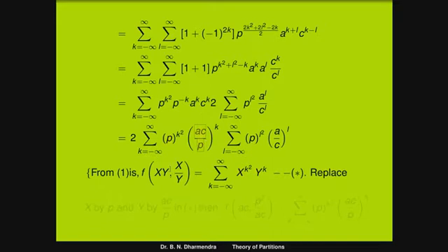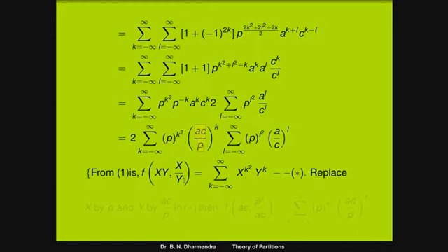So that can be written in terms of a theta function statement, that is x into y. In terms of x into y, here it is p into ac by p. So the p's get cancelled, and in terms of x into y it is only ac. And in terms of x by y, that is p by ac by p. Again that p goes to the numerator, that is p square by ac.